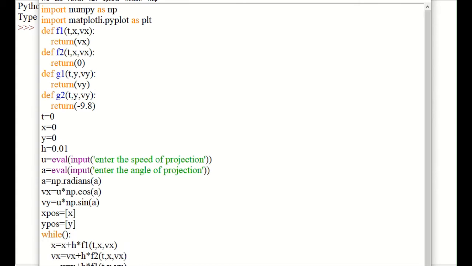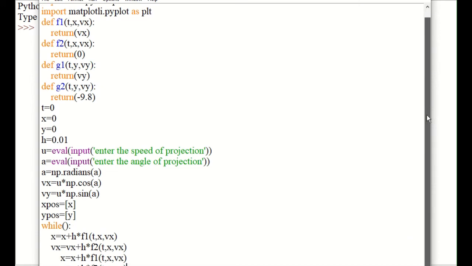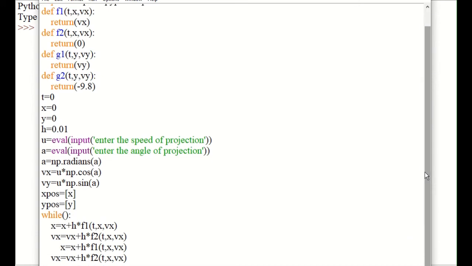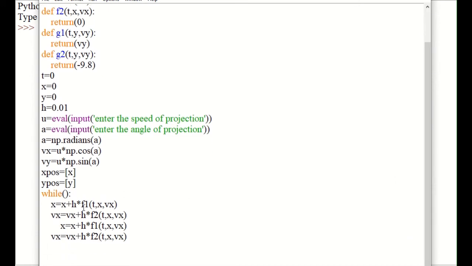Then you must calculate the y values. So y equals previous value of y plus h star g1 of t comma y comma vy.